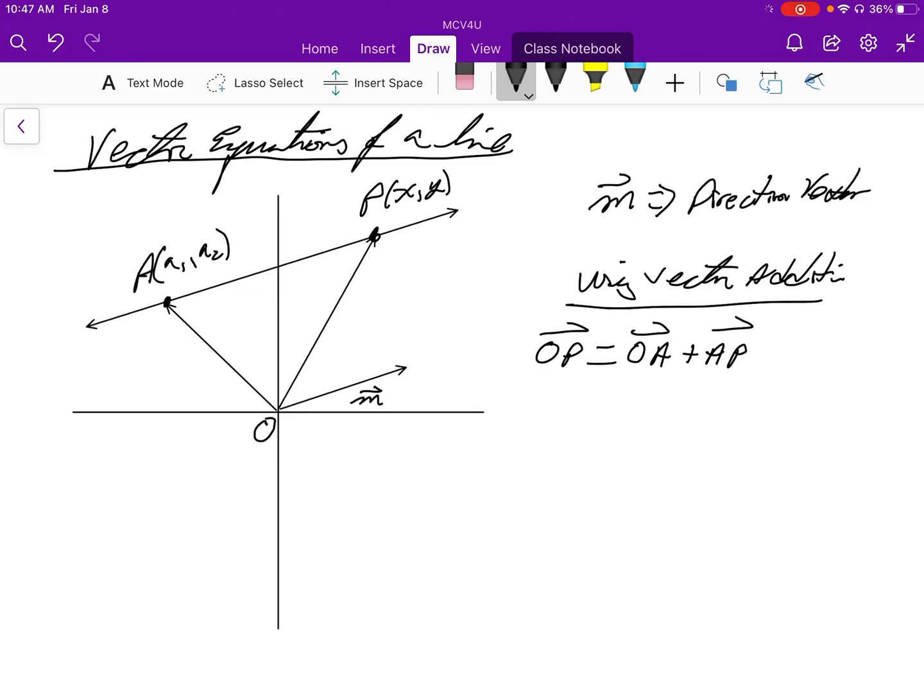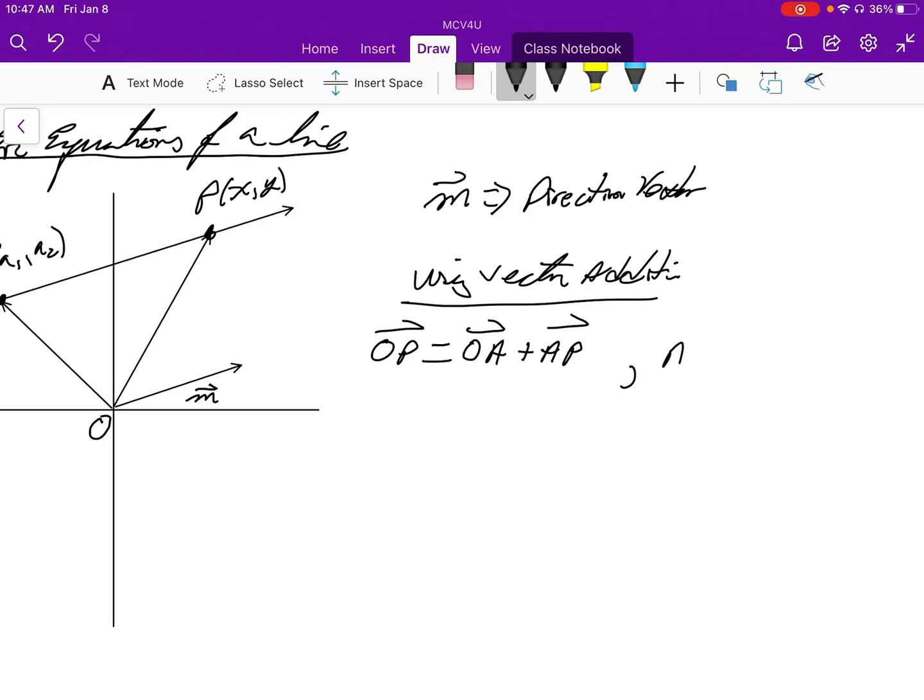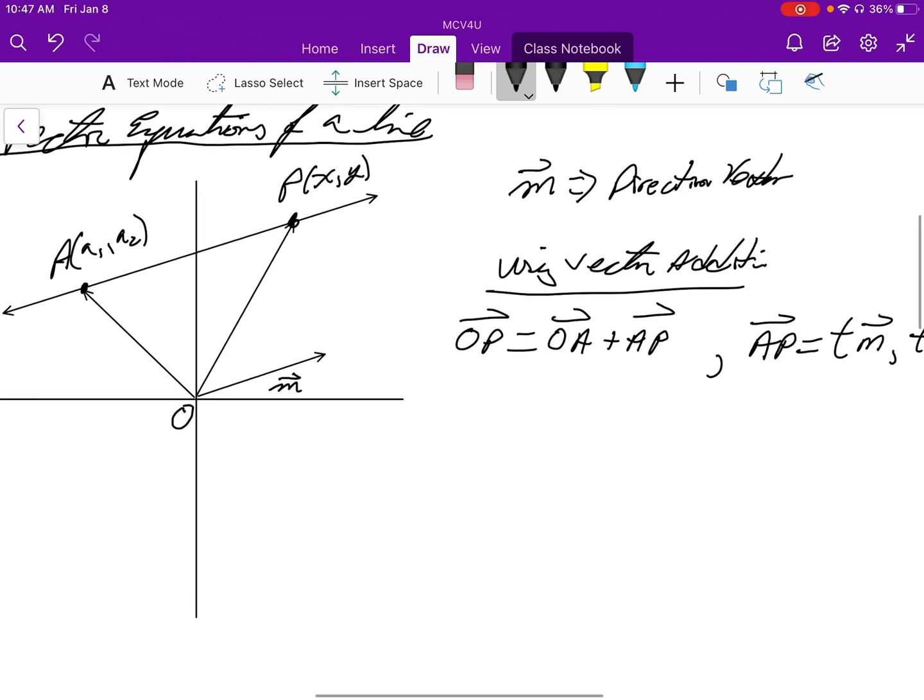We can see that. Now, AP is actually a scalar multiple of the direction vector, okay? AP is some scalar multiple of the direction vector. We know that. We've got the direction vector M, it's all basically parallel, right? It's in the same direction. So we can just substitute AP for tM,